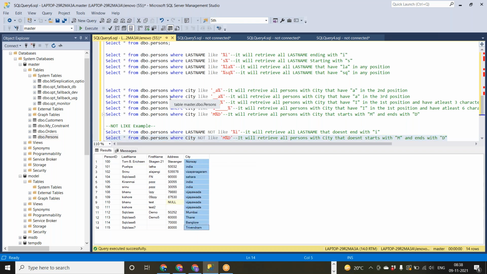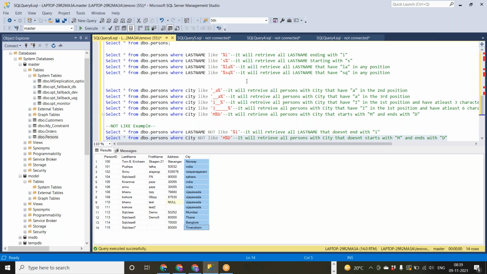If you have some particular idea like this as your requirement, or if you know my data should be starting with this, ending with this, with some letters in the middle, you can easily use this like operator, percentile and underscore, and complete your requirement.